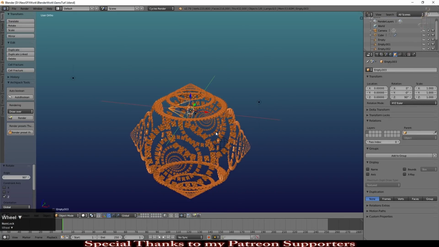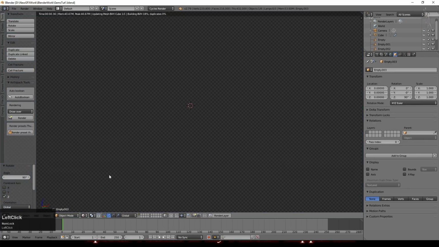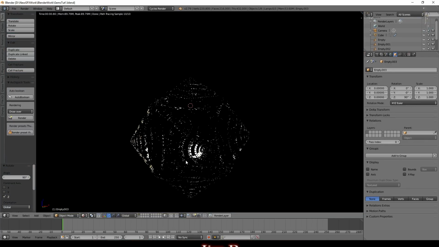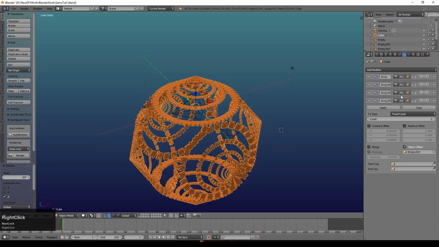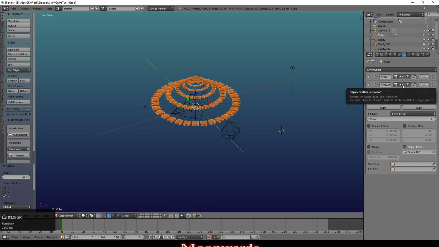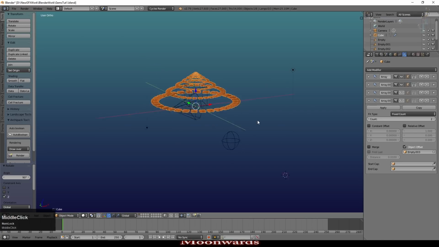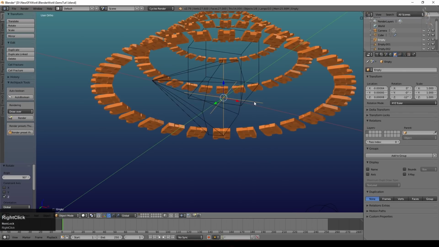So we're now ready to apply some animation to this. Let's just have a look at what we've got. So in the render view, you can see we're starting to get something appearing. We're going to need to play with the lights a little bit. So I'm just going to turn off the last 2 of my arrays just so that I can see what I'm doing better. So here's our first empty, and I decided to rotate that one on the Y about 45 degrees across the animation.